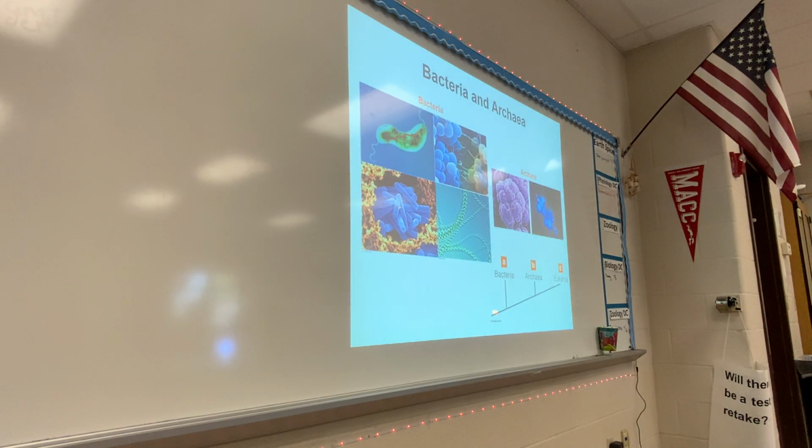So if we look at a classification system, this is how things get classified. It looks kind of like a tree. Anything close to what's called the trunk of the tree is more primitive, and anything out toward the tips of the branches is more advanced. So the eukarya, the ones with the membrane around their nucleus, are more advanced, and that would make regular bacteria more primitive. These archaea bacteria, the ones that live in extreme environments, are a little bit more advanced than the regular bacteria, and they are more closely related to the eukarya.